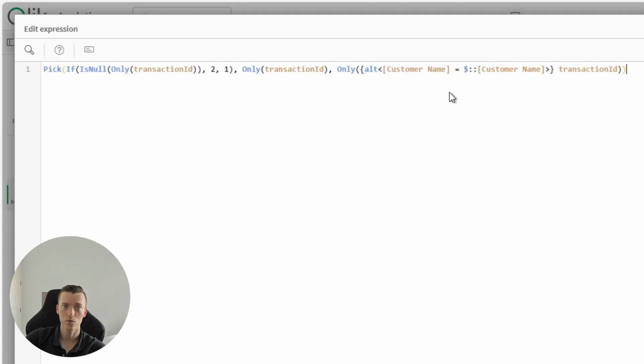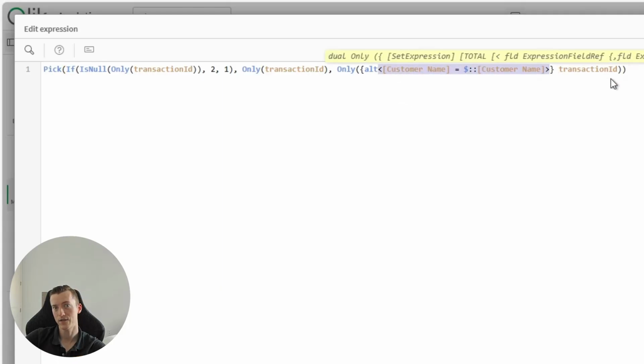When calculating the transaction IDs from the alternate state, make sure to consider the user selections on customer name in the default state. So it's very weird looking syntax here, but it's really just saying customer name equals customer name in the default state, and that is